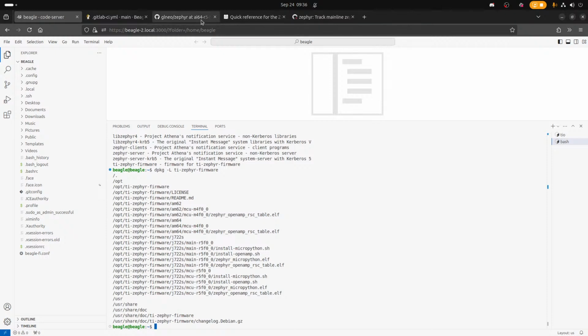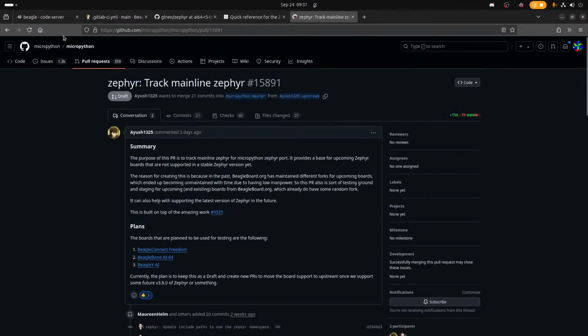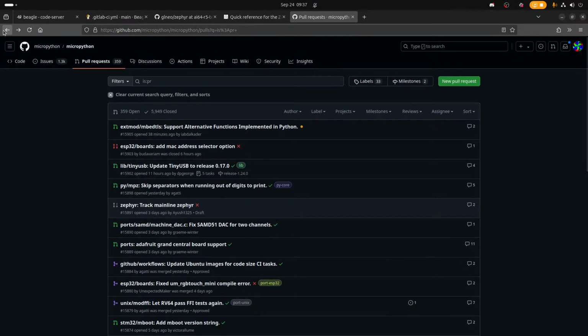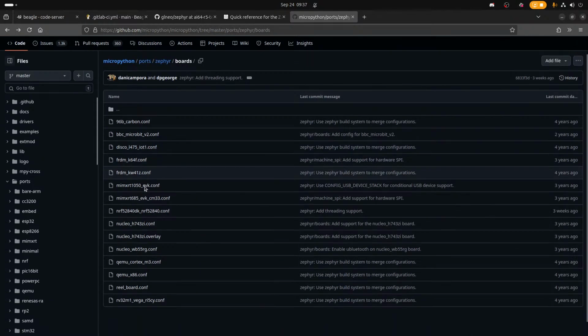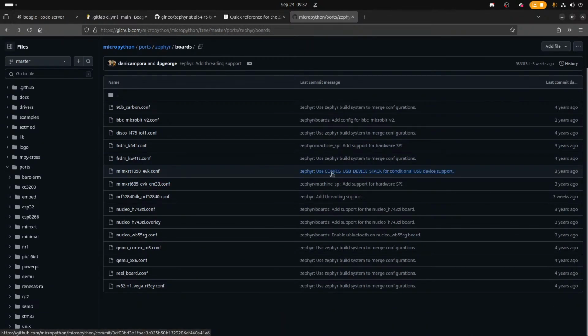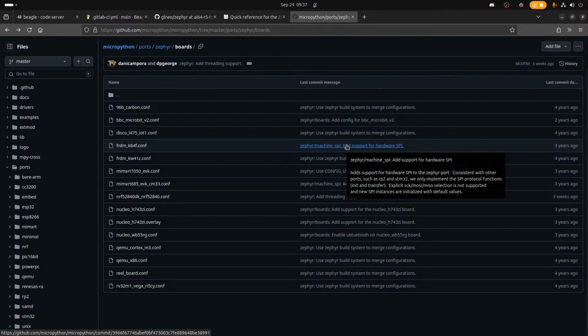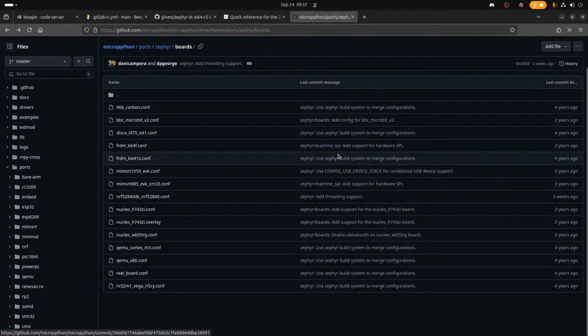Oh, so you're saying upstream only has 4 boards? What are you saying? Those use the Zephyr port. But what about all these other ones that are listed? I mean, there are conf entries for each of these, right? So wouldn't those be? Some are different variants of something very similar, I guess.